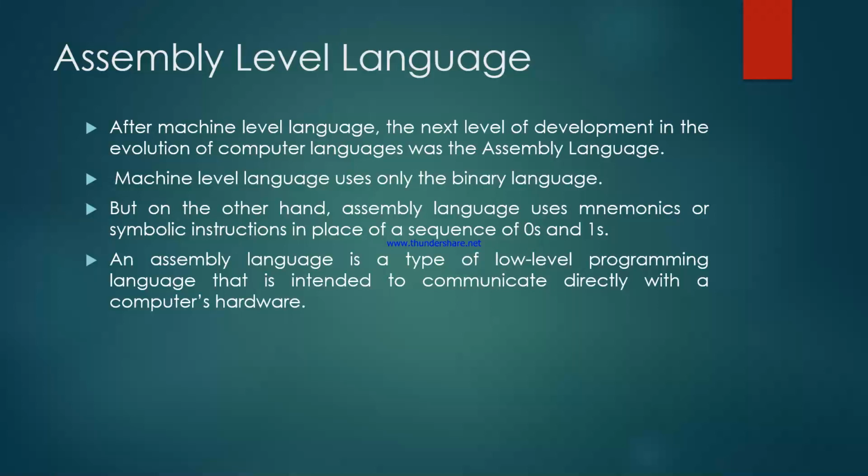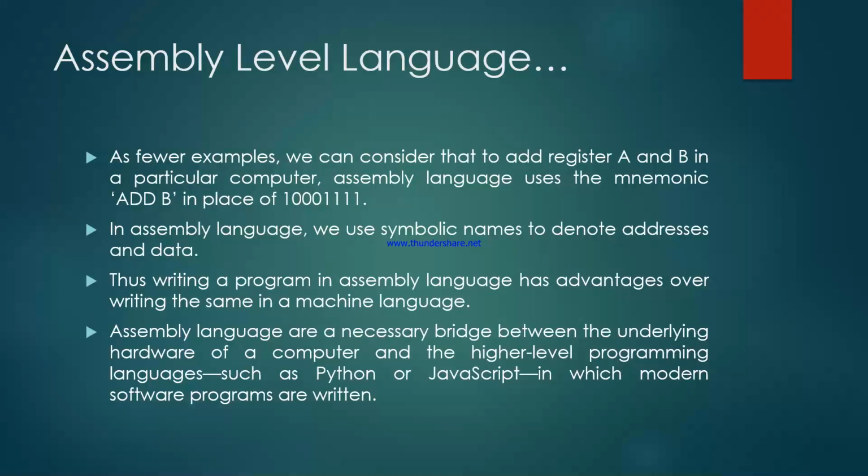An assembly language is a type of low level programming language that is intended to communicate directly with computer hardware. As an example, consider adding registers A and B in a particular computer,